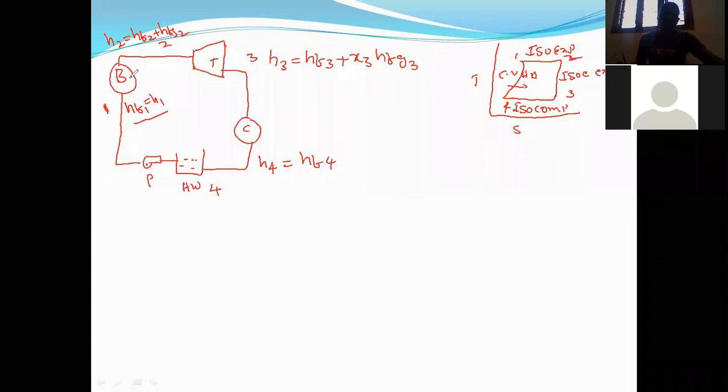Next, point 2 is after the boiler. What is the 1 to 2 process? Conversion of water into steam. So after the boiler, the medium is steam, completely dry steam. It is having the latent heat along with the sensible heat. When you supply the latent heat, it will convert into steam. So steam definitely has sensible heat plus latent heat. Usually after the boiler it is dry steam, so the formula at point 2 is H2 is equal to HF2 plus HFG2.